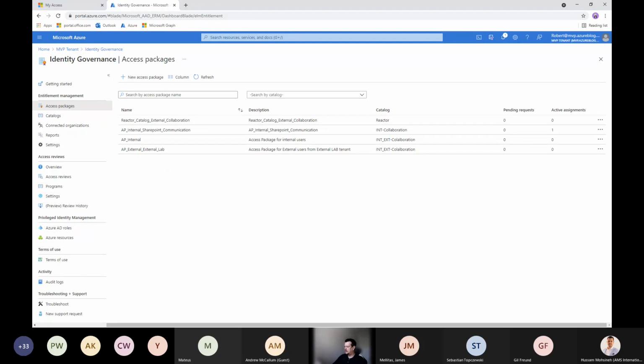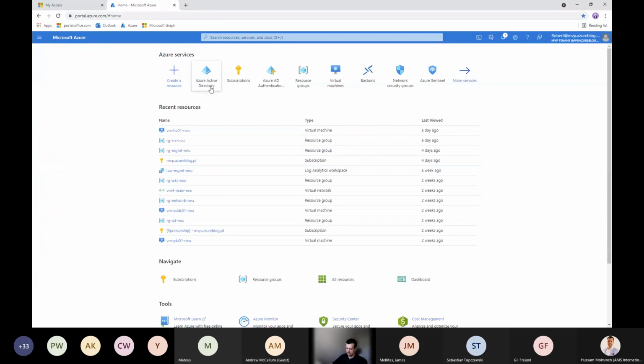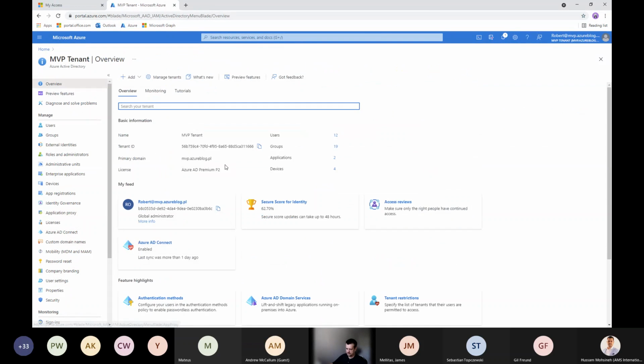You don't need to assign a P2 license to guests because it's covered by the tenant, but first of all you need to have the tenant on the P2 level. When you go here to the information, you will see the license level. You need to have the license level Azure AD P2, plus all the required licenses assigned to the people who are the reviewers, the approvers, all the people who are